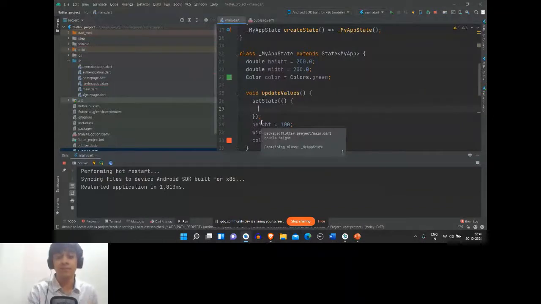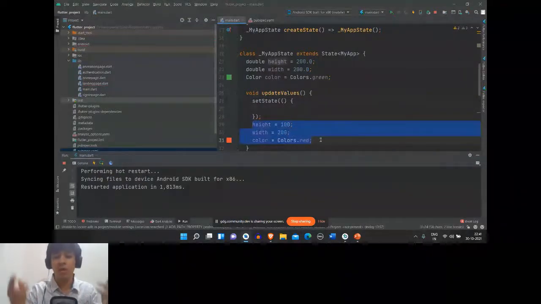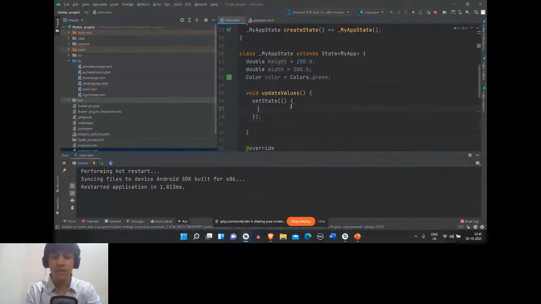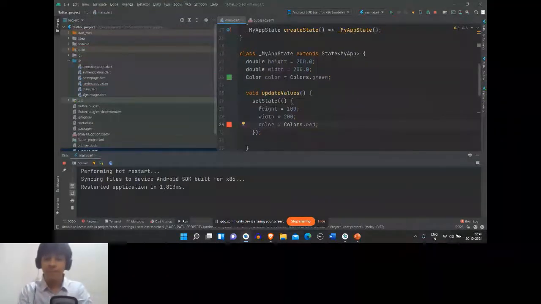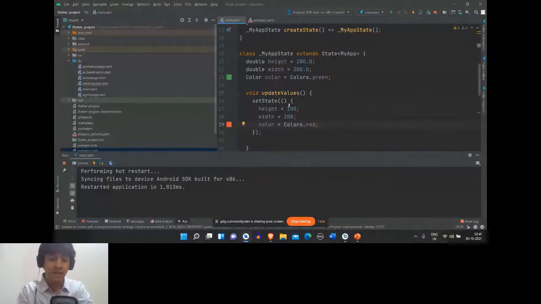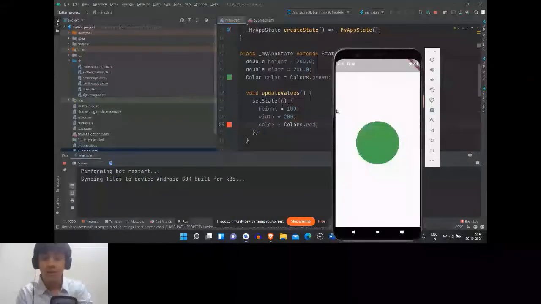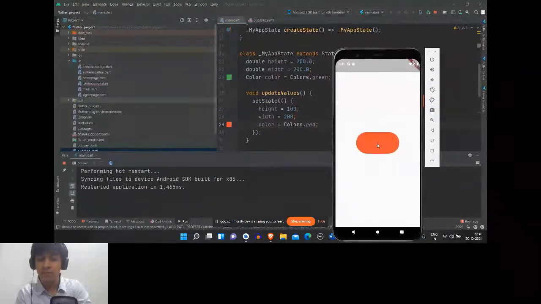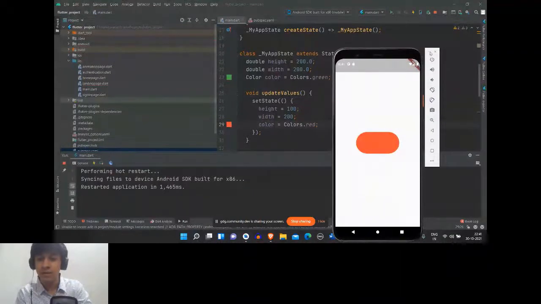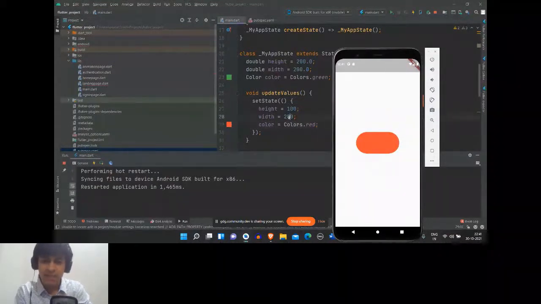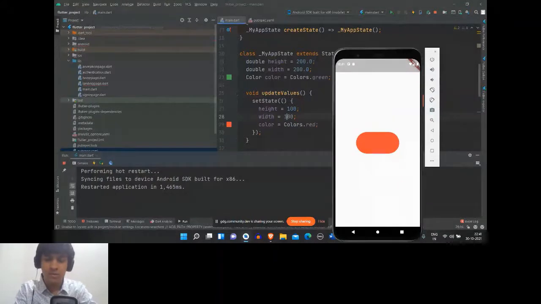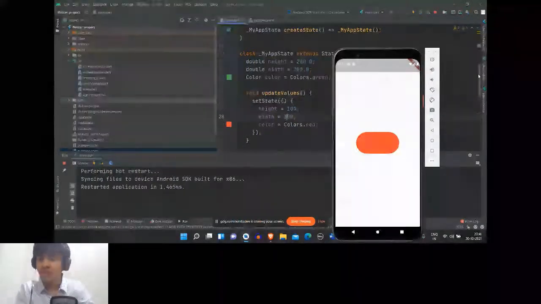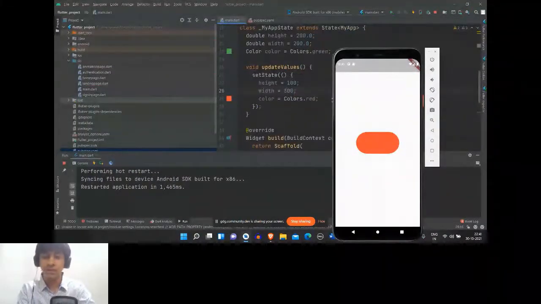We have reset the values according to whatever we have set the values as. So if I do this in a set state method and I restart this app and I press, as you can see, it just transforms into a container. And okay, let's just increase its width because the border radius is too much, so it's just staying circular. And let's restart this,